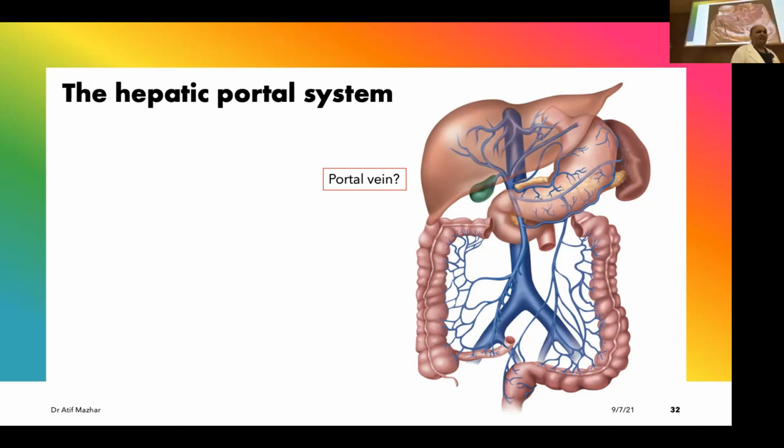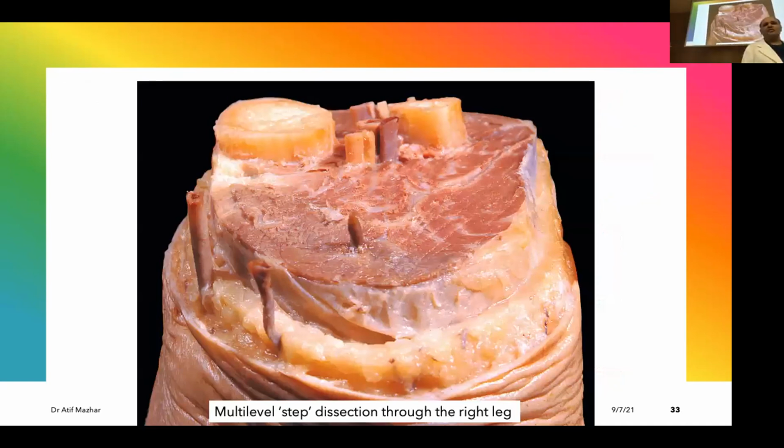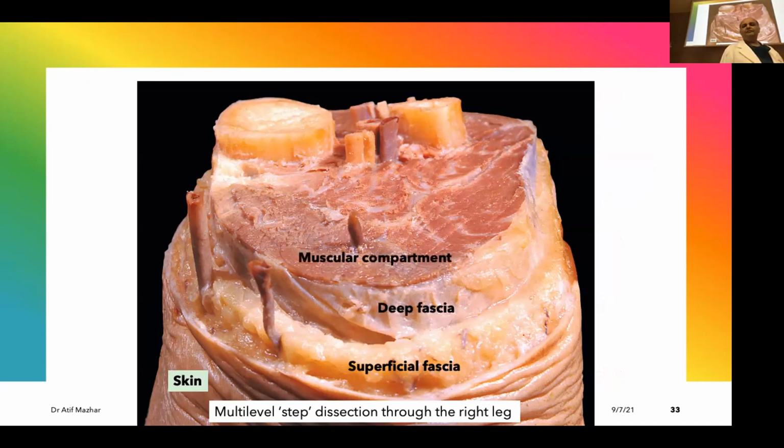Okay, guys, now a little quick recap. This is a section, a human body section, and we are looking at different layers. So let me label the things for you. This part is the skin. This is the real picture of a cadaver. This is the superficial fascia, deep fascia, muscles. This is how our body is organized, no matter whatsoever is your race or color.